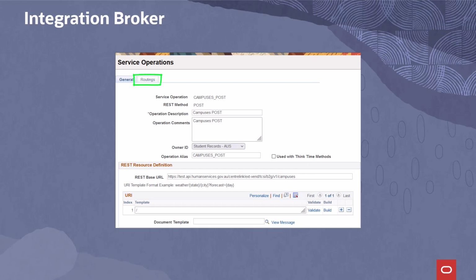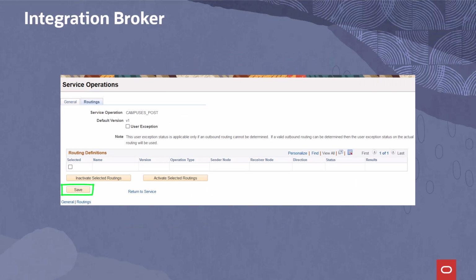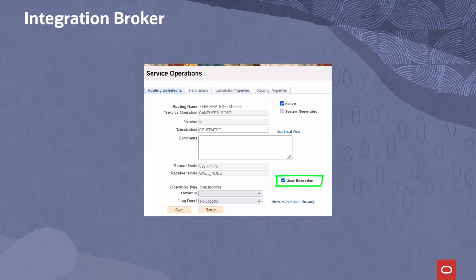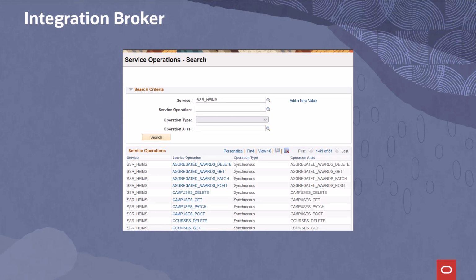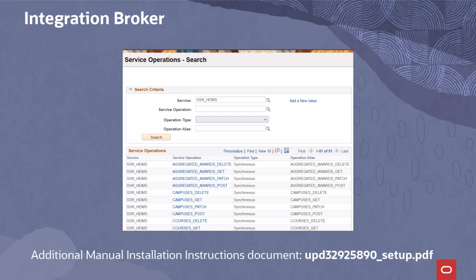Select the Routings tab. Click Save to create the system-generated routing definition. Next, open the newly generated routing definition by clicking the definition name. The IB Routing Definitions page will appear. Select the User Exception checkbox and click Save. Repeat these steps for all the remaining service operation definitions. Details for setting up Integration Broker for Taxi are also available in the document UPD